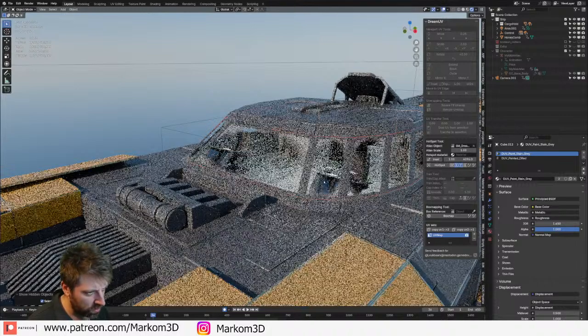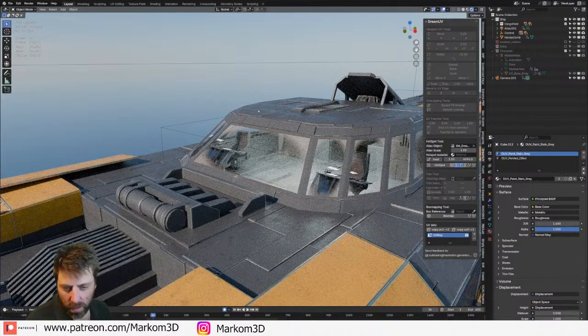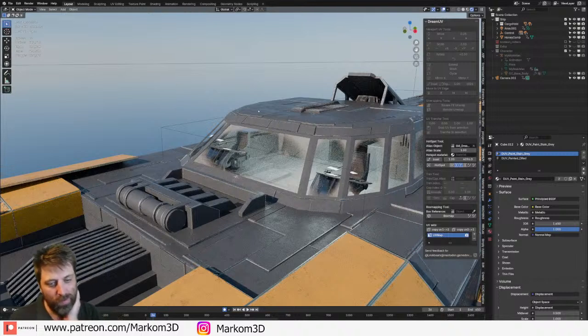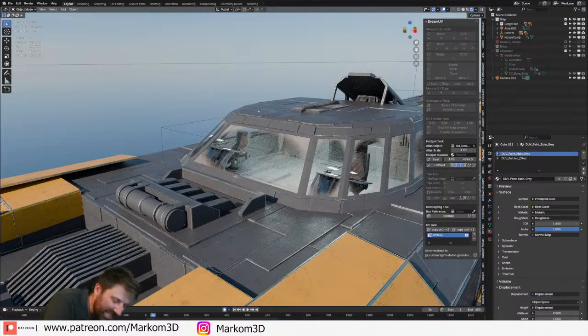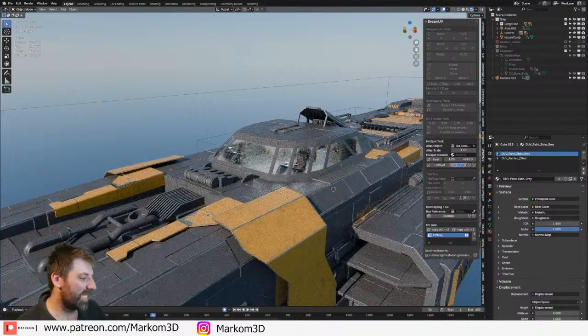Oh, Alt H. There we go. How would you add dents to the ship to make it look more... Oh, hi, Mark. Dents. Jeez. I would probably be using a normal map, and then almost like a second UV map.